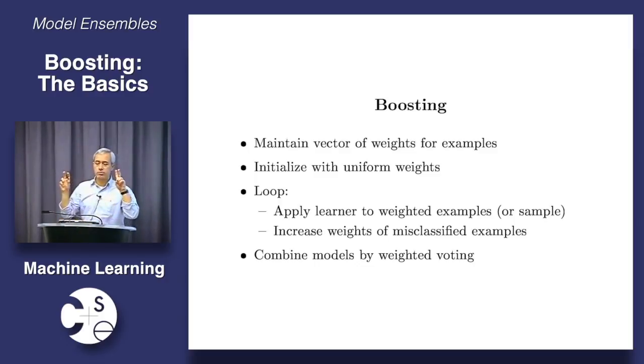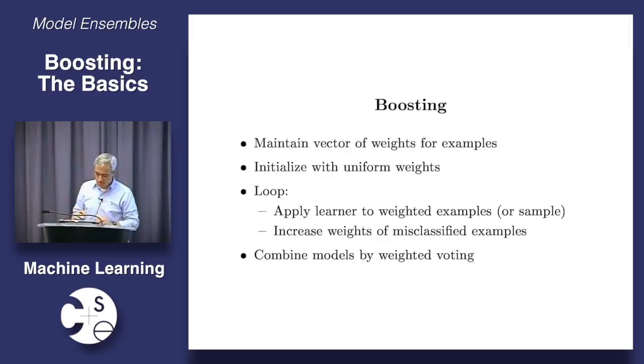Each cycle through the loop is often called a round of boosting, right? So one of the parameters of the algorithm is going to be the number of rounds of boosting that you want to do. And again, as a rule of thumb, 20 rounds is probably good, 50 is fine, 100 is too much, 1,000 is bad because you'll probably overfit. With bagging, you can never overfit. We will talk a little bit more about that next week. With boosting, if you take it too far, you can overfit. Because you can start learning a classifier just for here and one just for there and overfitting the noise.